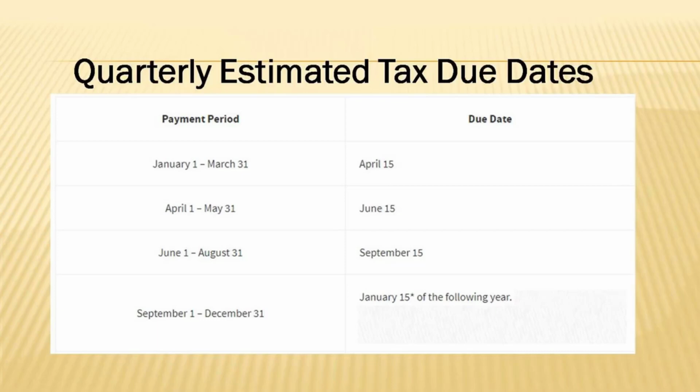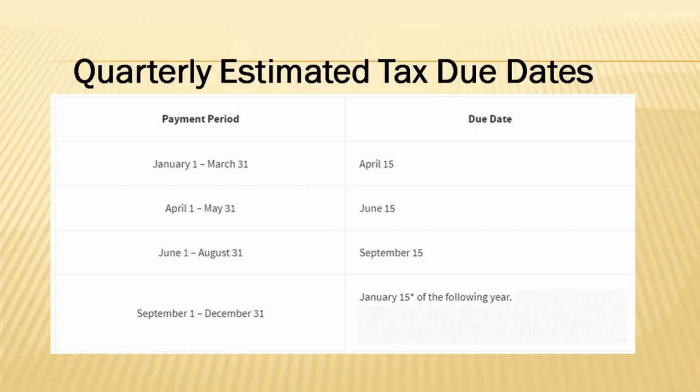Quarter 3 is due September 15th. September 15th encompasses June, July, and August. So whatever you make June, July, and August, it is due September 15th. And then finally, quarter 4 is actually due January 15th of the following year, which means that September, October, November, and December is due January 15th. So as you can see, there's no rhyme or reason, because you have your first quarter, which